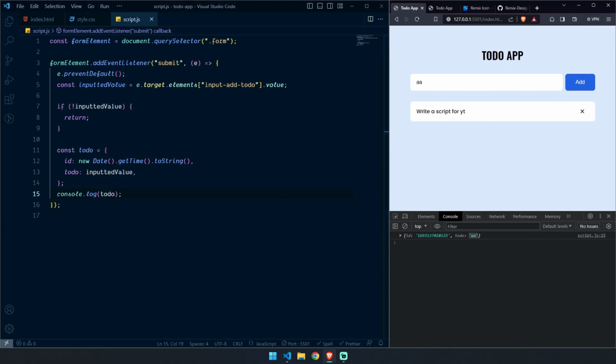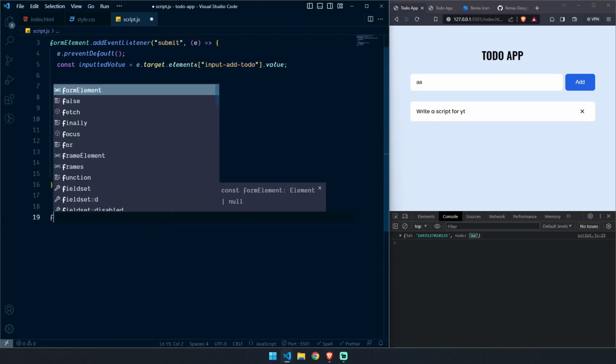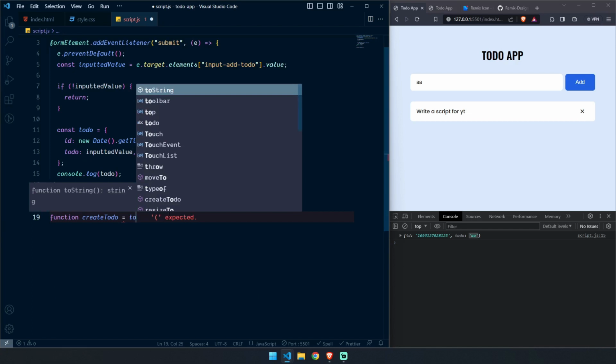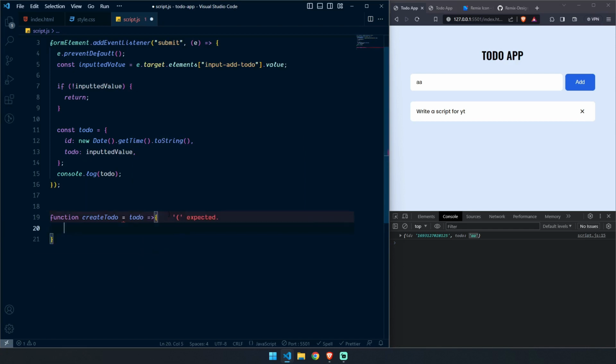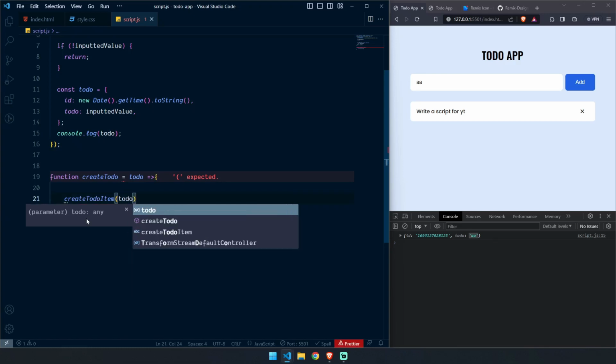And let's create one function, createTodo. Okay. So here I'm going to create function createTodo, and this will accept to-do. And here I am going to write. First thing I will do here, I will create one more function that is responsible for creating this UI. So here I am going to create createTodoItem, but you can also take to-do as the argument,